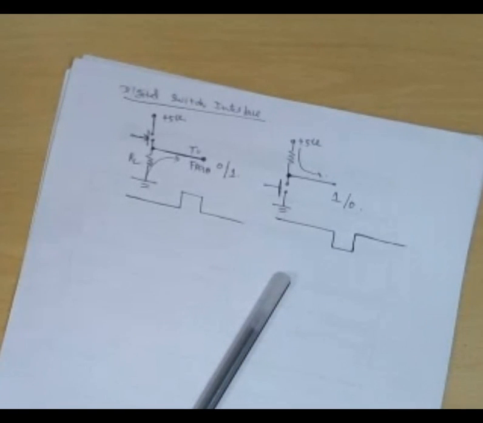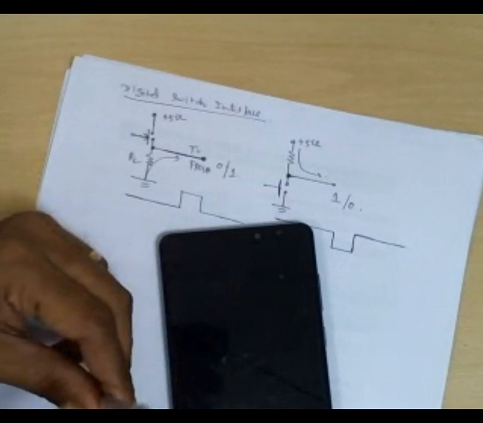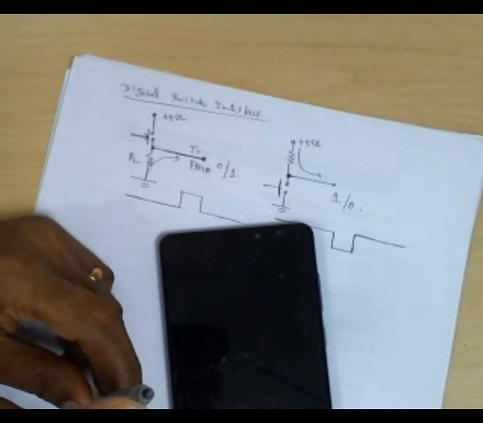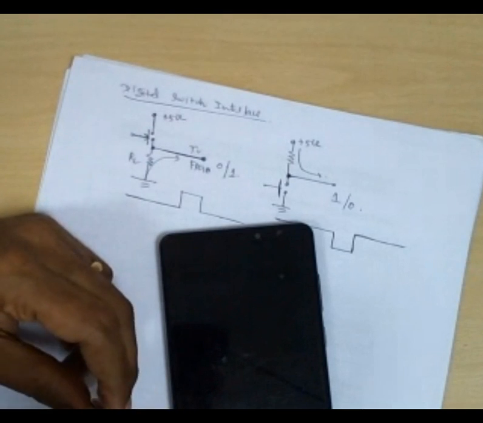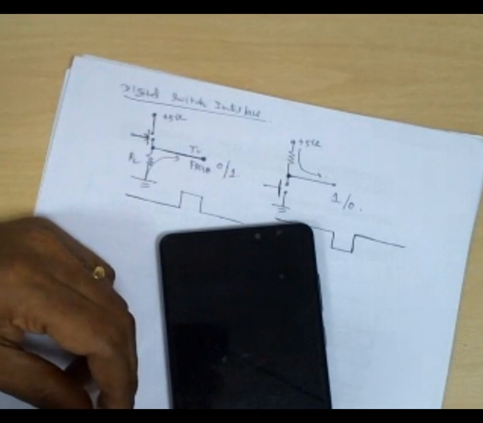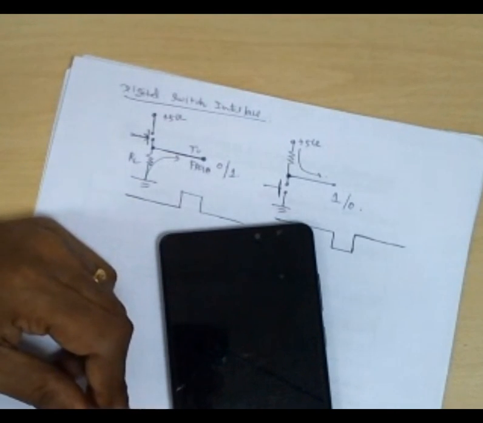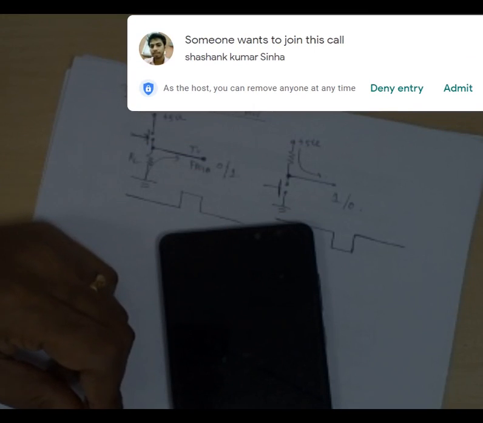But externally, what happens? Suppose your FPGA is here, and you take one pin and connect it to one particular wire, and if you leave it hanging, what happens? There is no plus 5 volt as well as no ground. So this pin may get a weak 1 or a weak 0, or a strong 1 or a strong 0. Suppose 5 volts is your 1, you should apply at least above 4.5 volts. That is called a strong one.